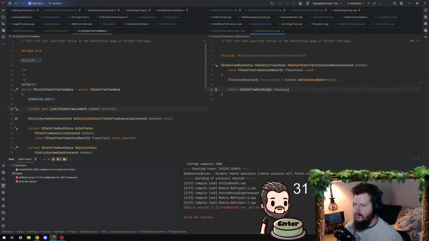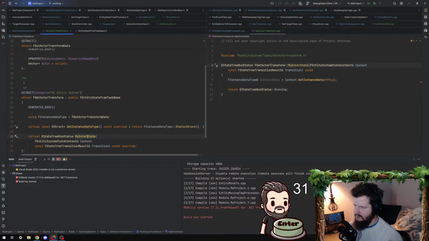So it would be nice to have a couple booleans that automatically handle whether or not they should return success or failure. And that can be handled in the superclass because this myEnterState is actually internally called by the EnterState function. And that could handle, it would get the result from myEnterState and check, hey, should we be returning success here? If we should, then it'll just forward it, and if not, it'll just return running or something. So, potential future improvement there. But for this one,